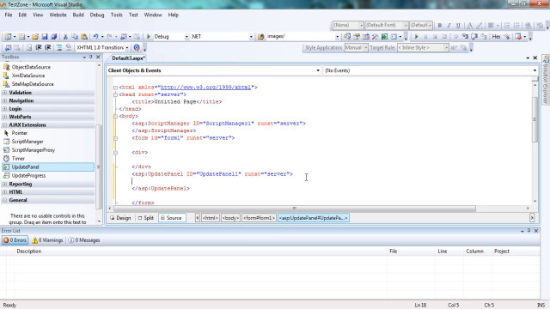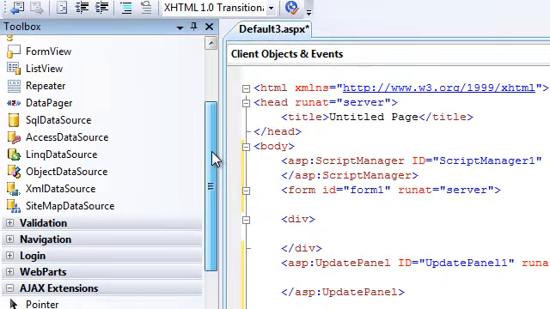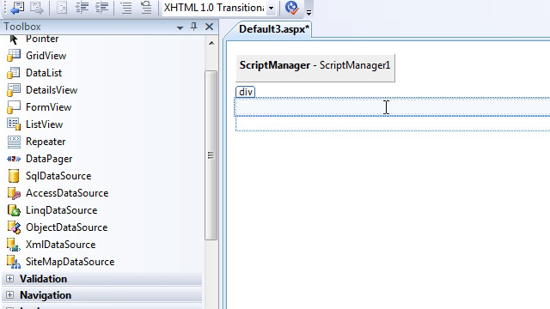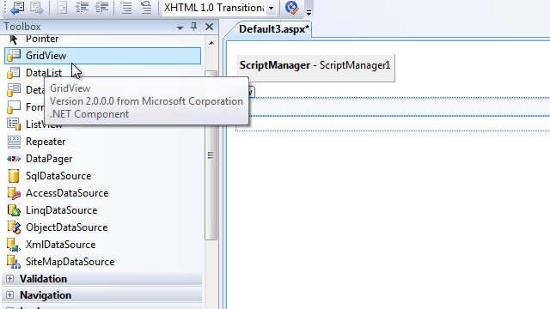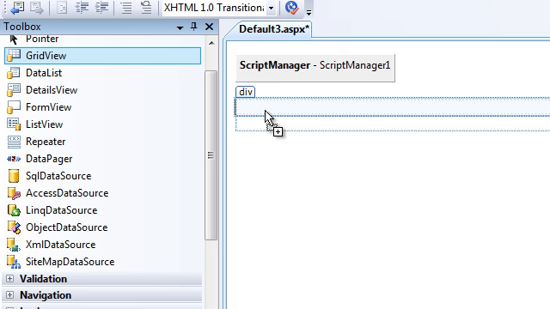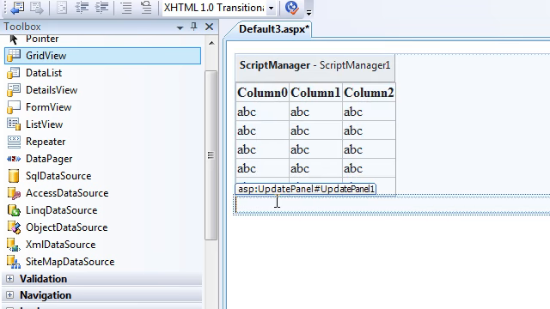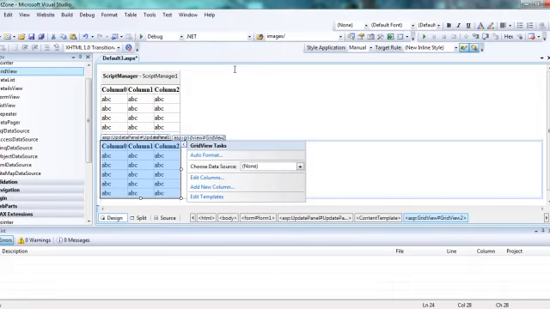a grid view, which would be a nice way to show you how we can leverage AJAX and avoid a full page postback. To do that, next let's add two grid views. One grid view which we'll add to the div tag and another one to our update panel. Okay,